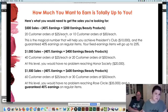I have some really big orders, and then I have my little old ladies that order $10 a campaign. But again, it's where you're at. This $500 sales is the magical number that's going to get you to President's Club. Once you've sold $10,000 within a single year, you are at President's Club, and then you have guaranteed earnings on